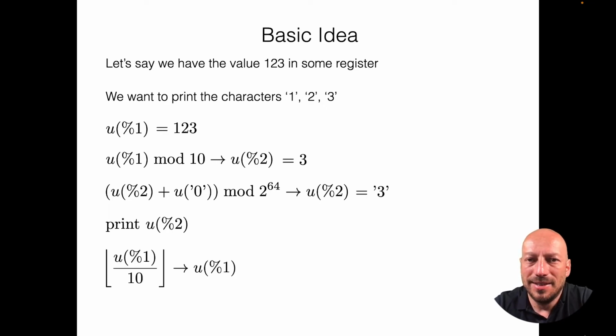For that, I divide this value stored in register 1 by 10. This time I do an integer division. That means I truncate the result to 12. And then you already see we have a loop. I now continue with 12 in register 1, compute the numerical value of the last digit by taking the remainder after dividing it by 10,